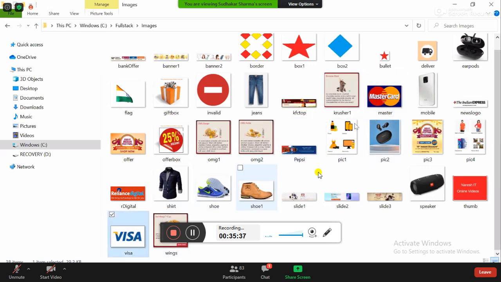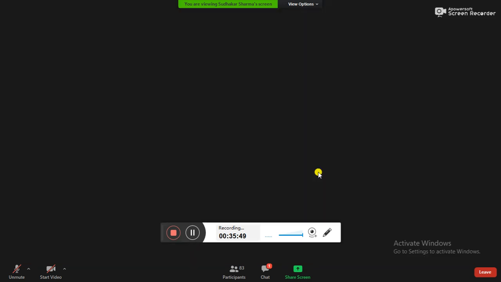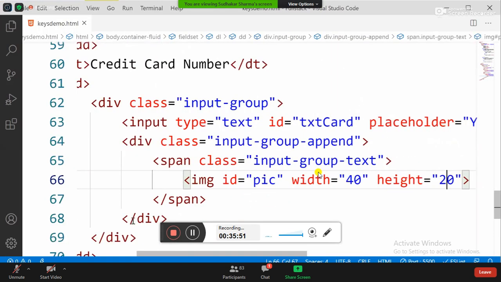Visa and Master images are present. And this approach we already discussed. These are PNG files, Visa and Master PNG files. Now, while typing, I need to verify that. That means here we need to write